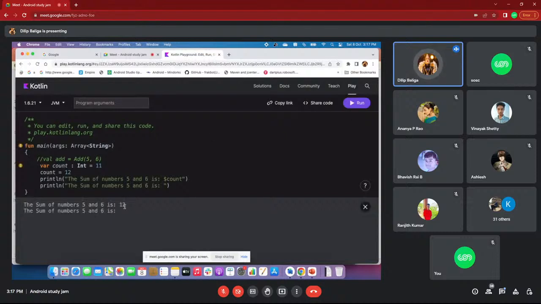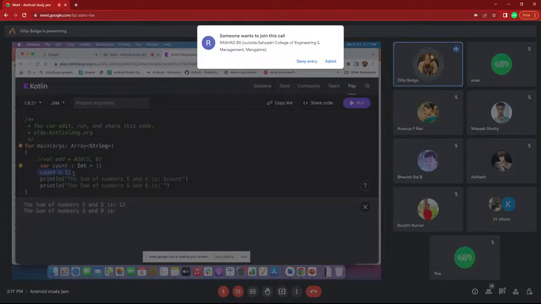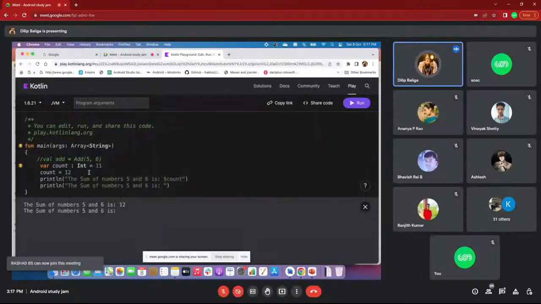See, var is a 12. Now you can modify the value. You might ask in what scenarios you can use val or var. For example, you have one predefined set of constants which will not change in future. In that scenario, you can add it as a val. If some variable will change in future, then you can add it as a var. Okay, that is the usability of val and var in real time.